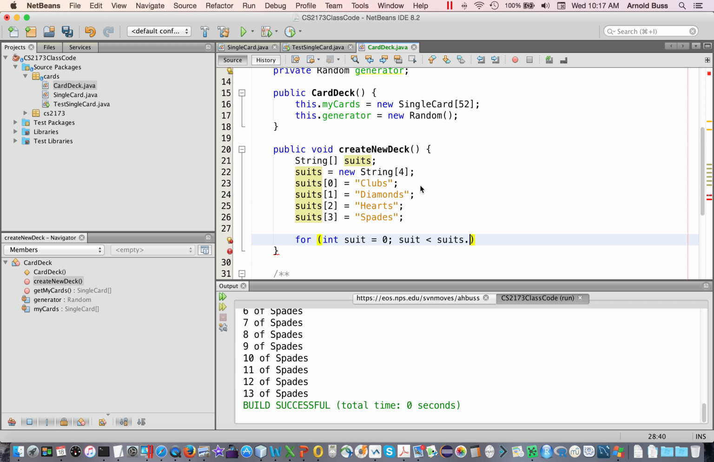the suits, and remember that whenever we're iterating over an array, we always use the length of the array if we're going to be doing the entire thing. And then now we're going to int a value is